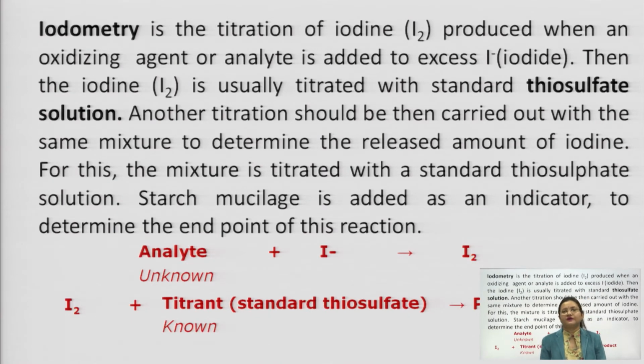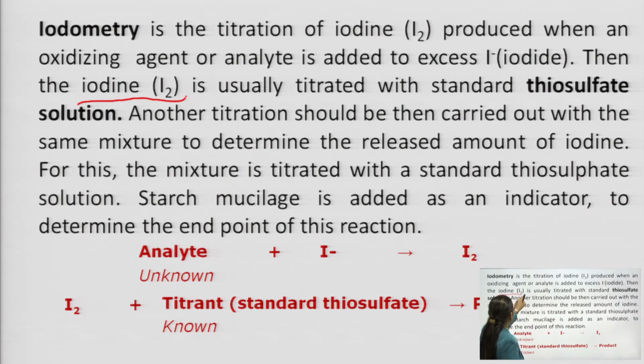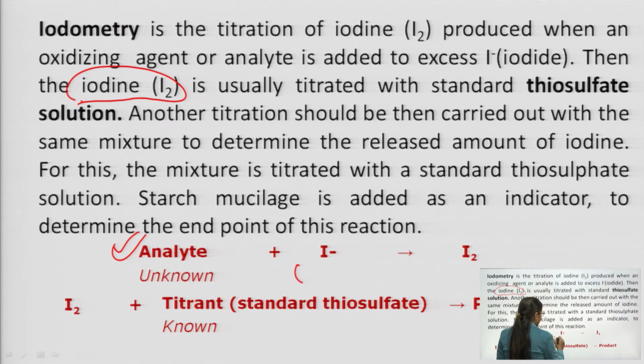Iodometry is the titration of iodine which is produced when an oxidizing agent or analyte is added to the excess iodide. Then the iodine is usually titrated, the iodine meaning this liberated iodine. In the first reaction, you can see the reaction here. The analyte is titrated with the iodide. This iodide ion